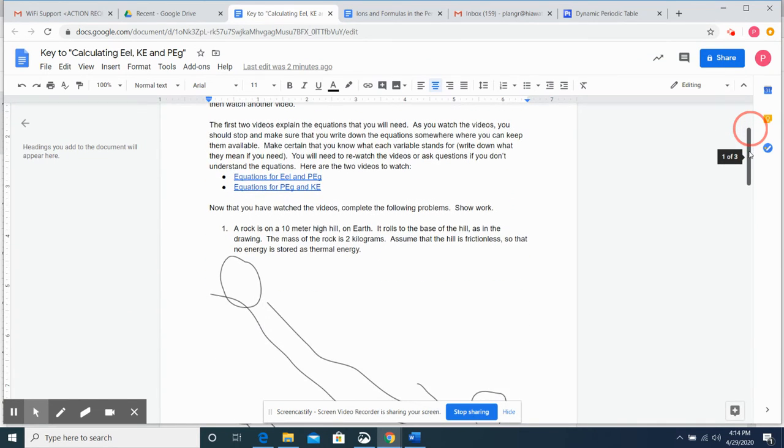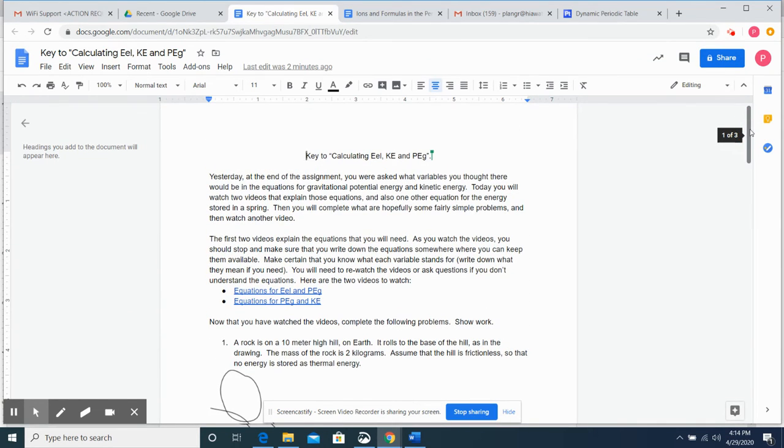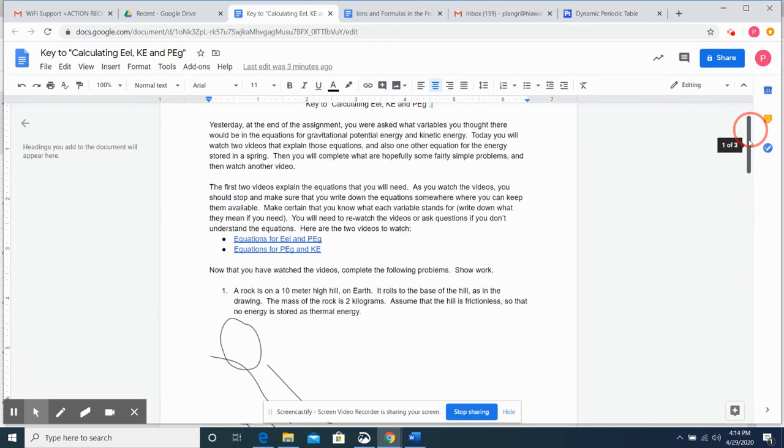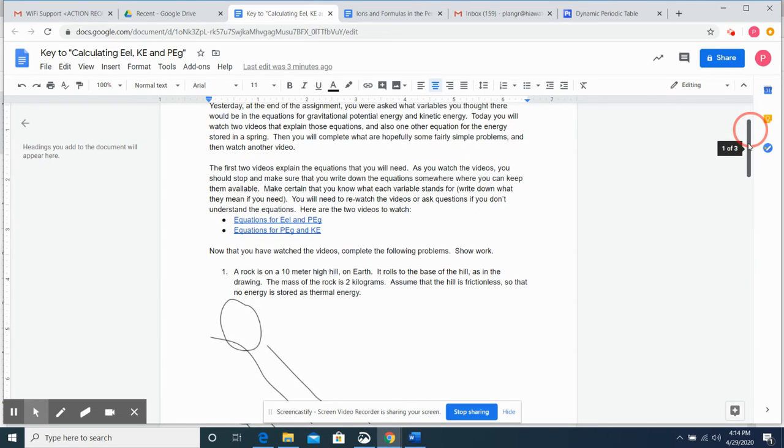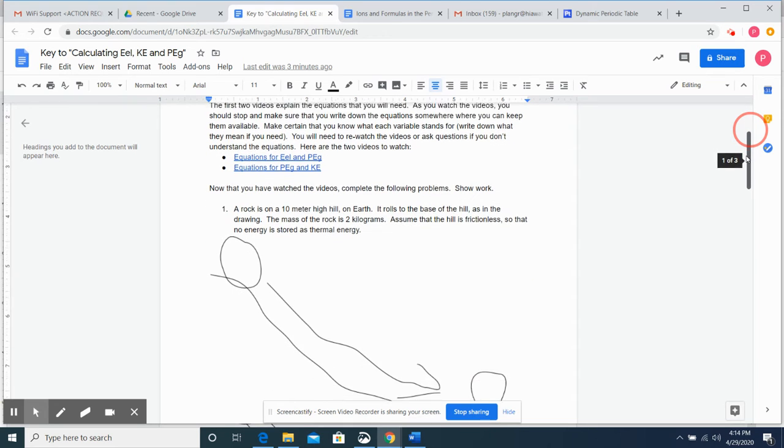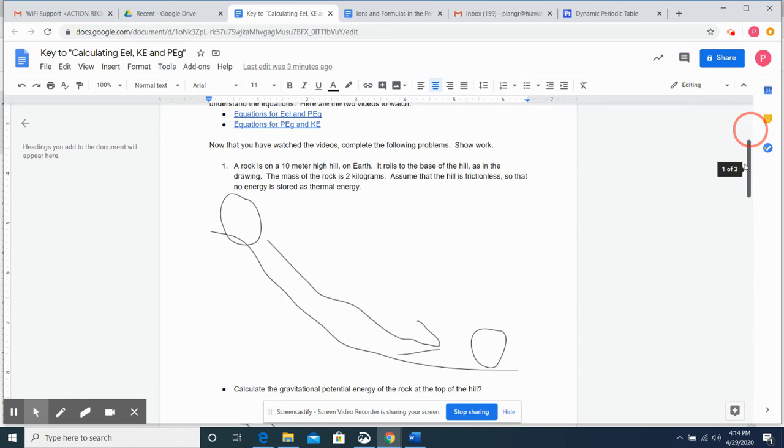So let's take a look at the assignment that you did 2 days ago. It was called Calculating Elastic Energy, Kinetic Energy, and Gravitational Potential Energy. I'm going to go through the problems that you did, and you'll be able to check your answers and maybe understand what you might have done wrong or right. When I read your answers, there was a lot of good thought in them,